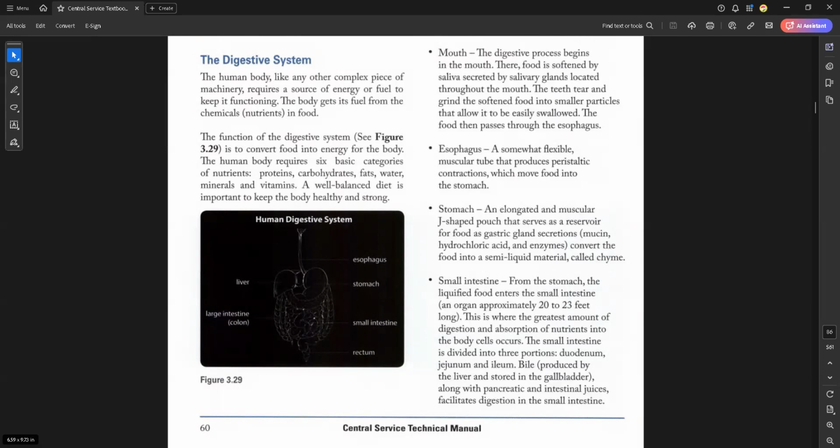This is where the greatest amount of digestion and absorption of nutrients into the body cells occurs. The small intestine is divided into three portions: duodenum, jejunum, and ileum. Bile produced by the liver and stored in the gallbladder, along with pancreatic and intestinal juices, facilitate digestion in the